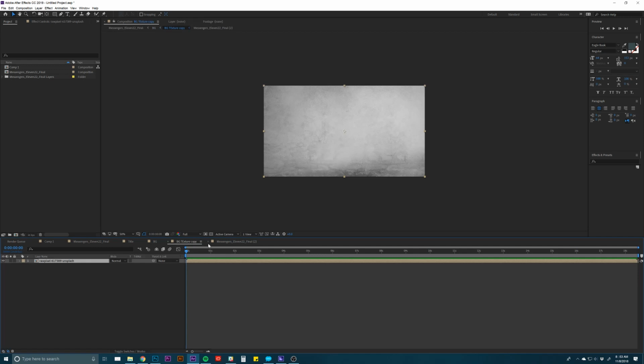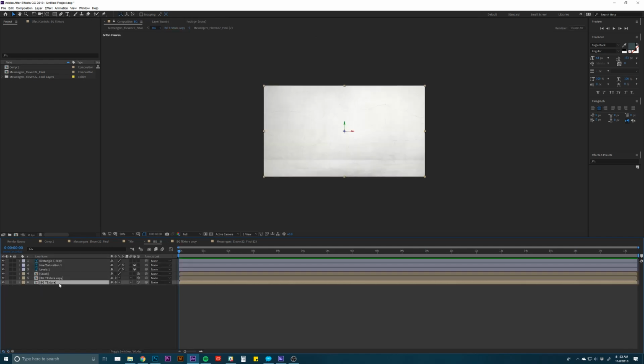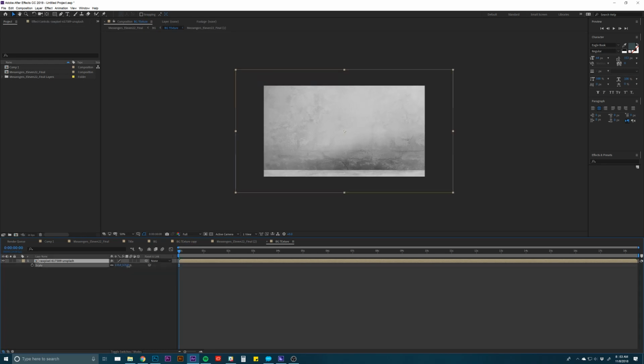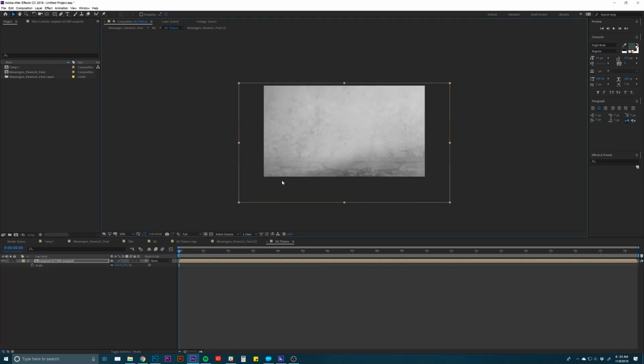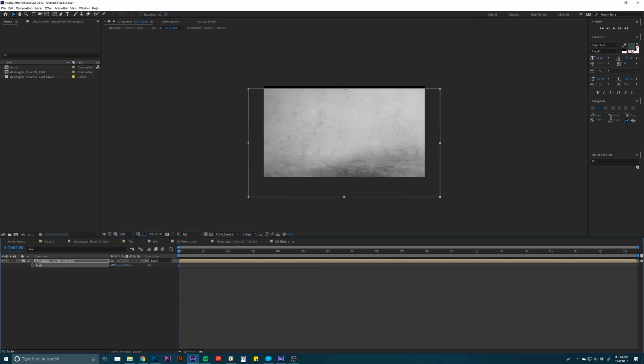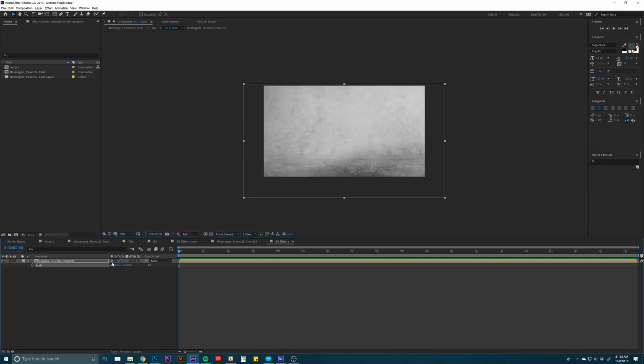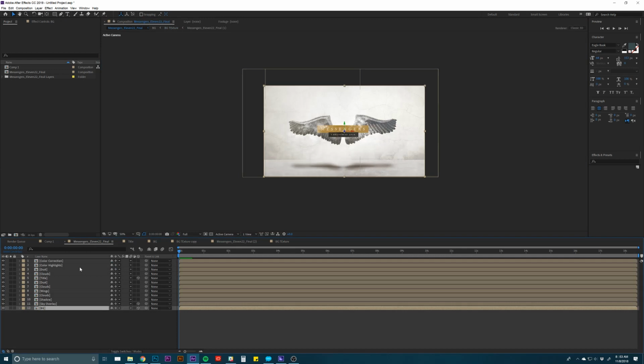So this one looks fine. So I'm going to go back to my background and go into this texture, and this is the one I'm going to scale up here. So I'm going to hit S on the keyboard. I'm going to scale this up. I don't want to go too high and start losing quality, but just go as big as I can without going crazy. So about 122, 125. All right, so now if I turn my sky overlay off, now I just have this flat look,